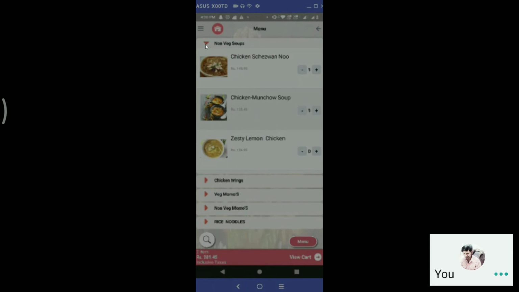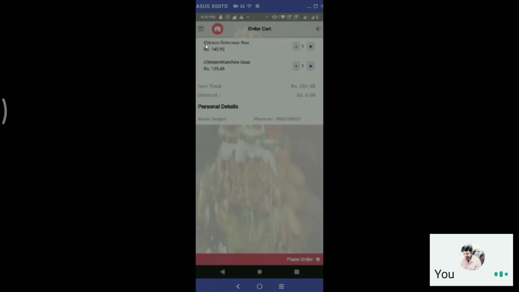It is now showing two items. All the calculations are done for the cart, and then I proceed. Here it will show me the total amount, the discount, and the personal details of the person. This is the cart after I order the product.